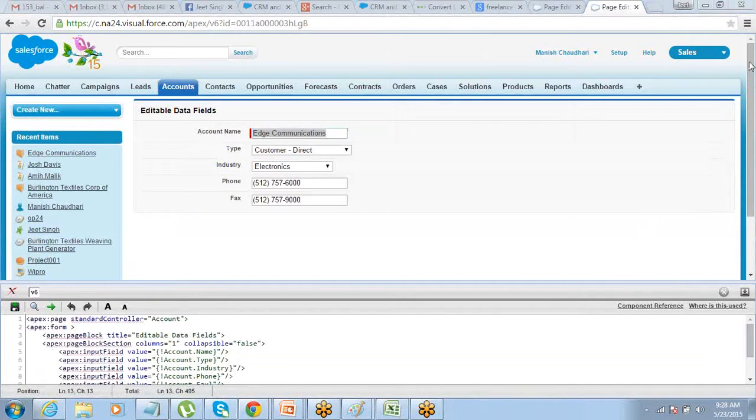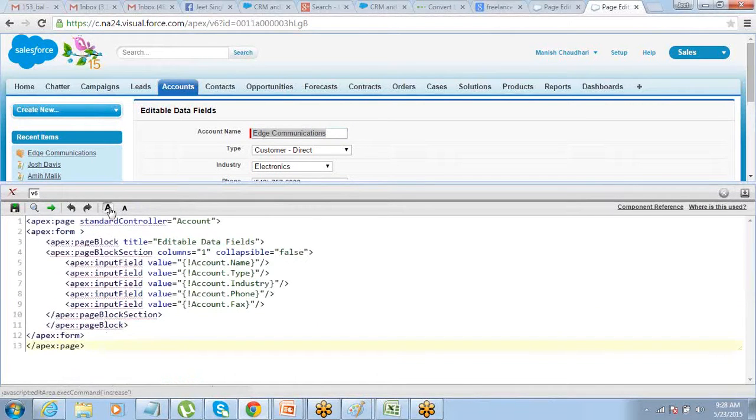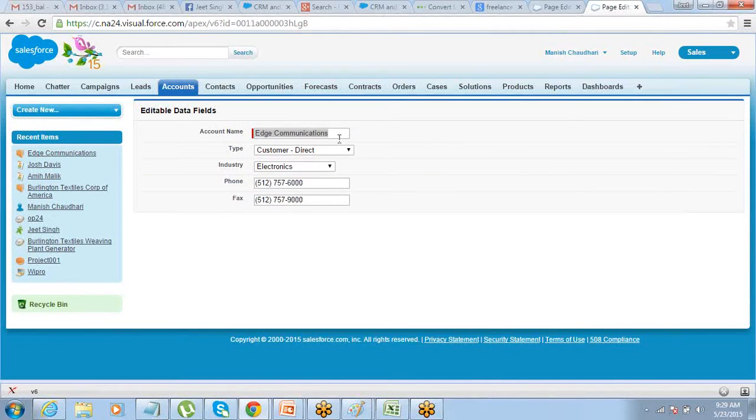So that is how it is. Now all the fields are editable. So we have just seen how we bring in the editable fields on this page.